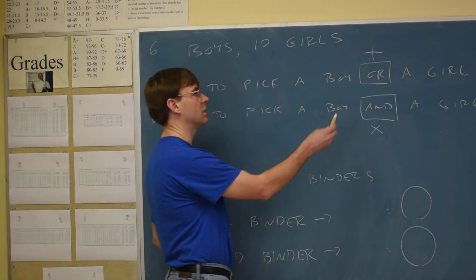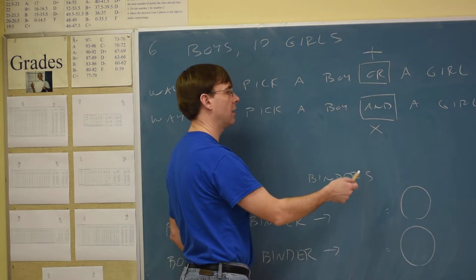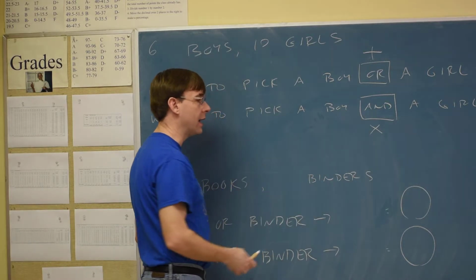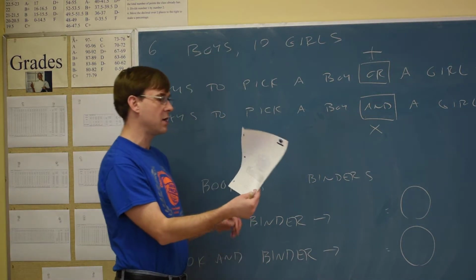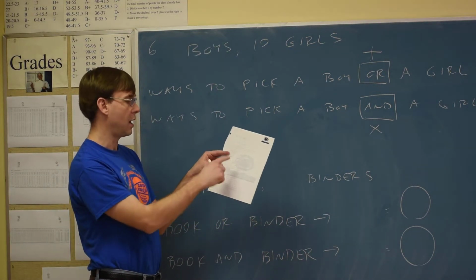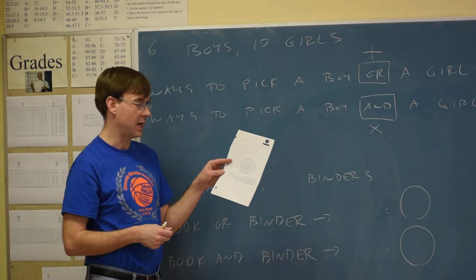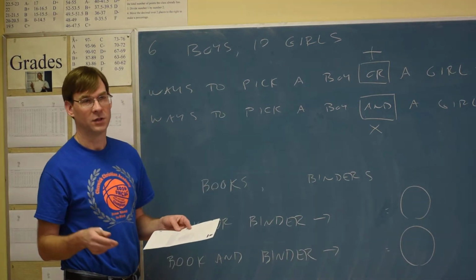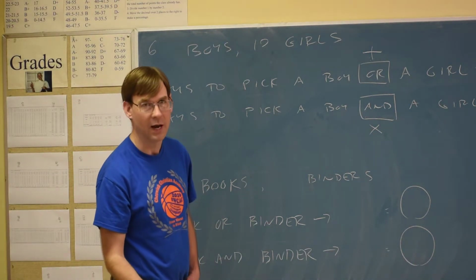Bottom line is, if you see the word "or" in the homework problems tonight, add some numbers together. If you see the word "and," then you're going to multiply some numbers together. And there is a companion note sheet in this, and I always do that boy-girl thing, and I always tell you "and" is multiply, "or" is add. And then the notes next say, make up another story. So sometimes we'll do that with group wisdom while I'll just sort of play with you guys and we make up a story together,